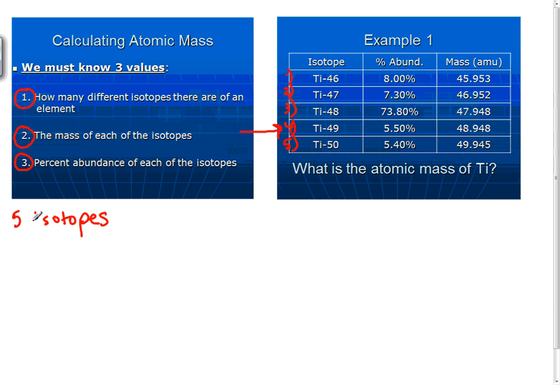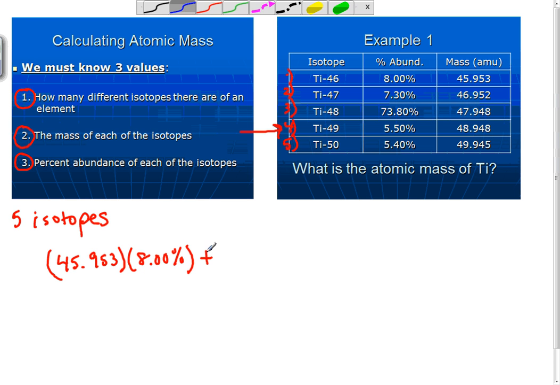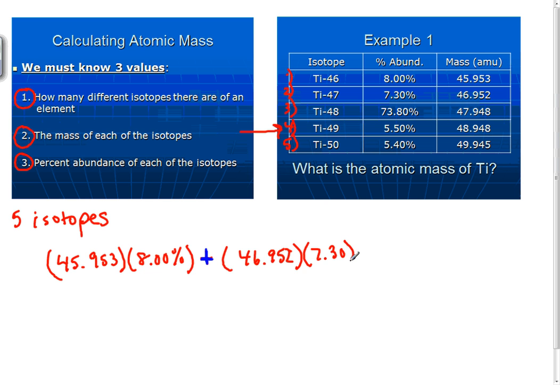The equation to now solve for the atomic mass is the mass of the first isotope times the percent of the first isotope, plus, maybe I'll write this in blue, plus the mass of the second isotope times the percent of the second, plus